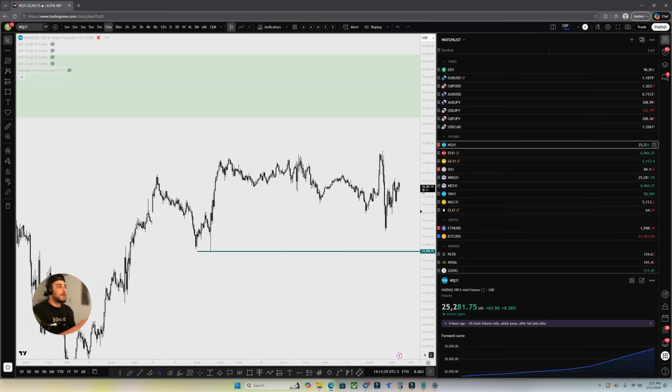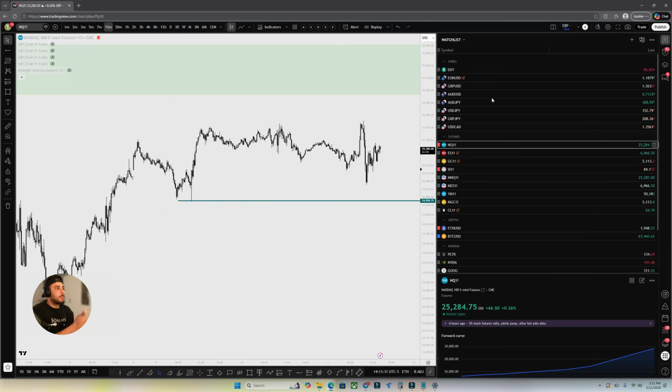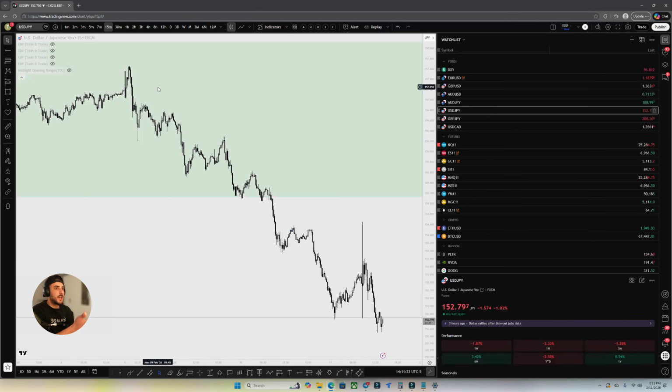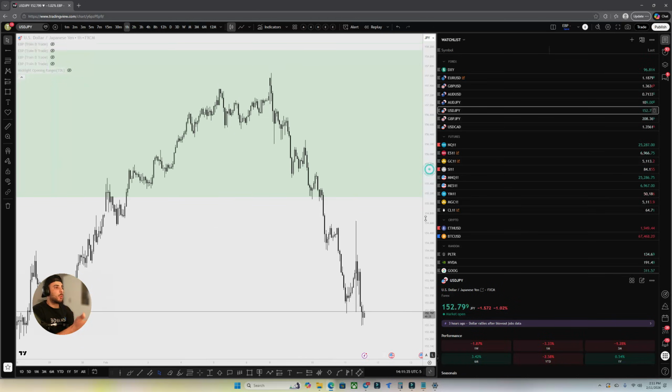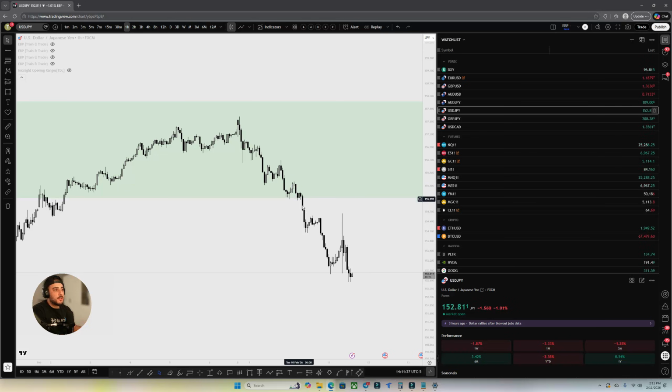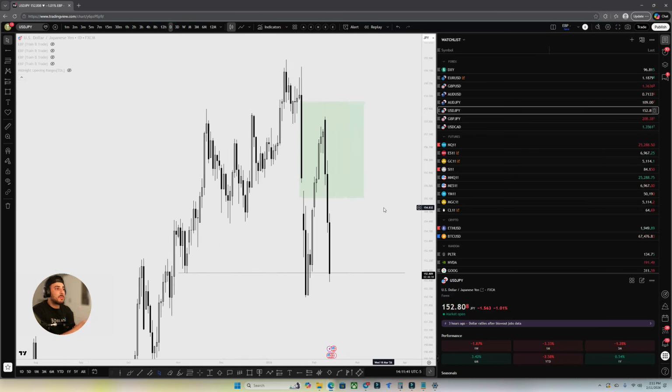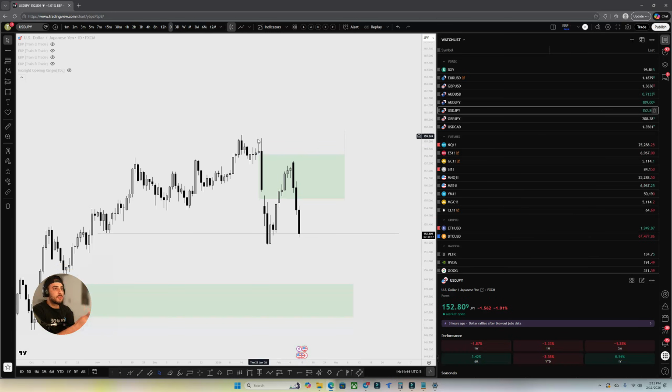I personally would rather be able to predict a strong trend move, very similar to what we did on dollar yen, where we have this type of movement, where the market is just super clean. Look how easy this is. You just short any lower high, and that's it. And again, it's because the daily time frame is indicating downward price based off structure and everything we already talked about on this.